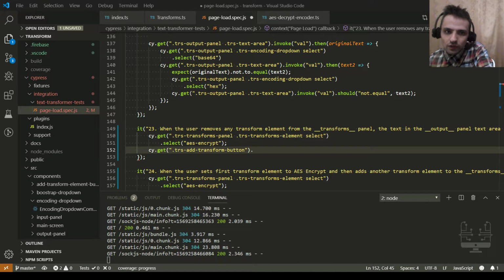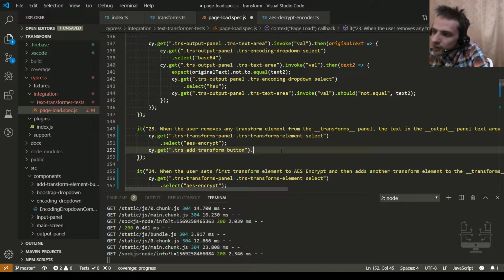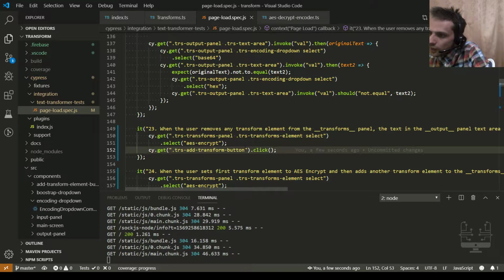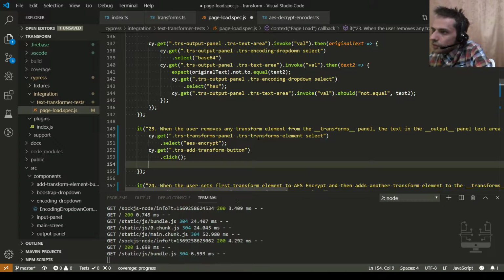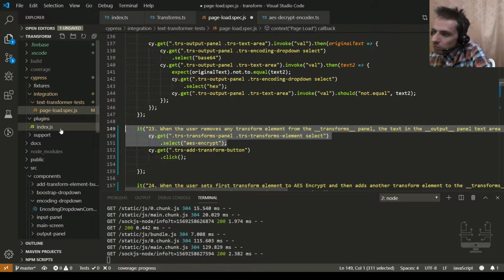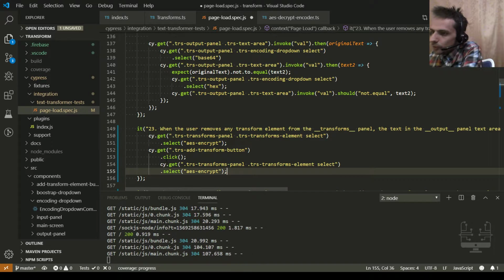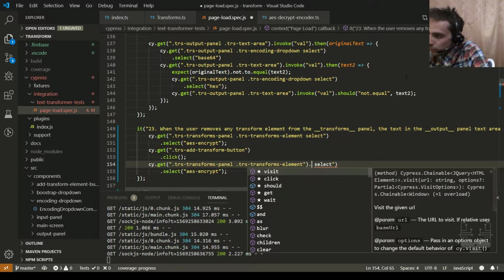Let me try to do it like this. Okay, so here we select add transform button and we click it. And now that we click it, another transform element will be selected. So that transform element we can also make into AES encrypt, because it doesn't matter, right?